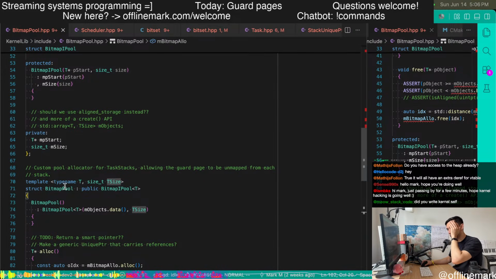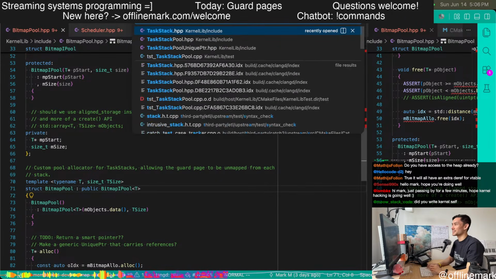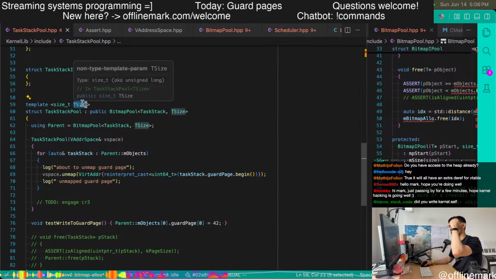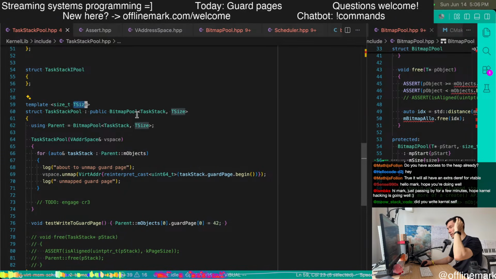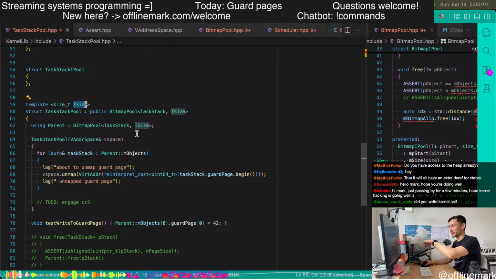And so bitmap pool doesn't have the template parameter anymore, which means the task stack pool no longer has a size template parameter, which is exactly what we wanted. So that solves the problem. We need to pass a bit set into the task stack pool to forward to the bitmap pool constructor, to forward to the bitmap allocator constructor.